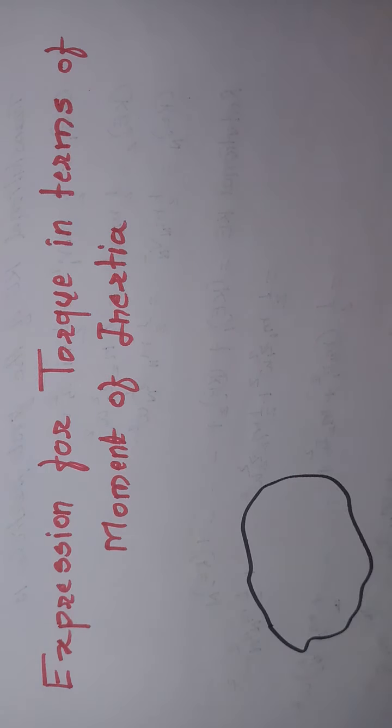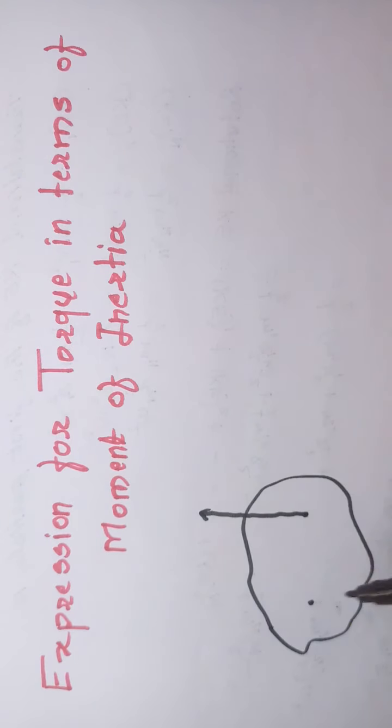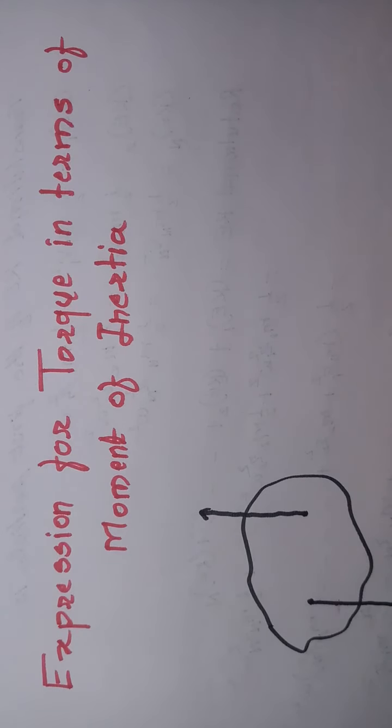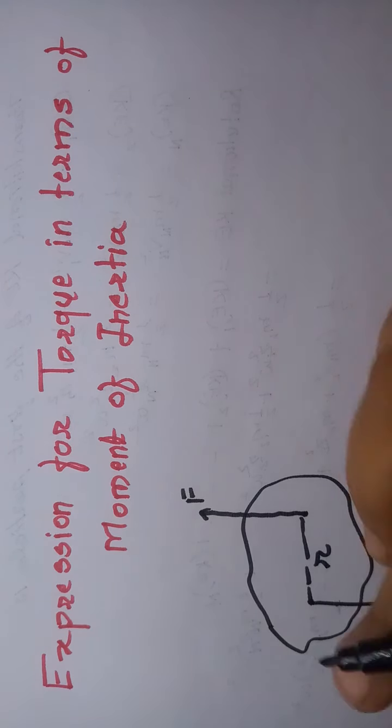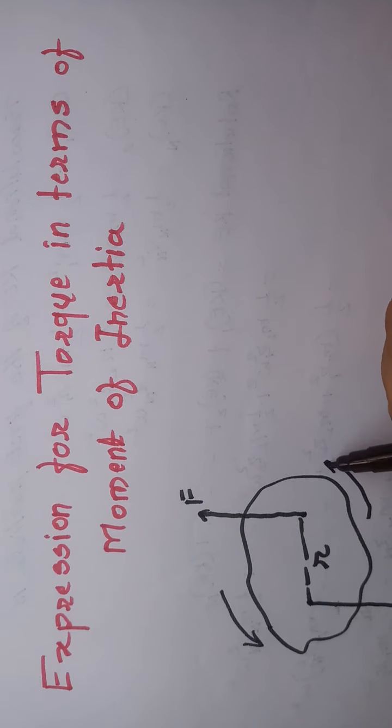a body. Suppose there are two forces, a pair of forces, acting on that body, and the two forces are acting in opposite direction and they are separated by some perpendicular distance r. Both the forces have the same magnitude. Now, what is the effect of these two forces? When such a pair of forces having the same magnitude but opposite direction acts on a body, it produces rotational motion and there is a torque acting on the body. What is the result? The torque developed on the body.